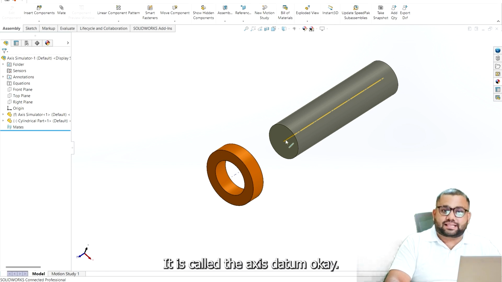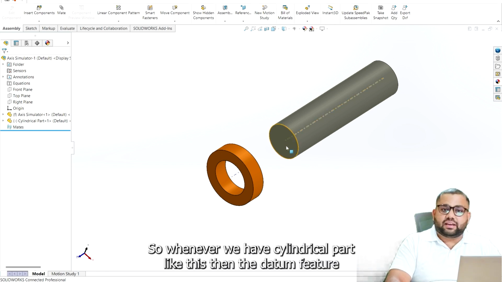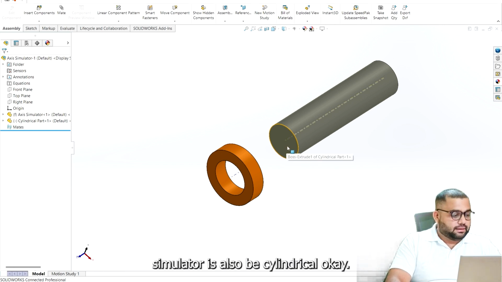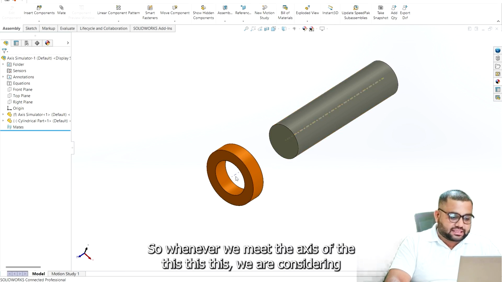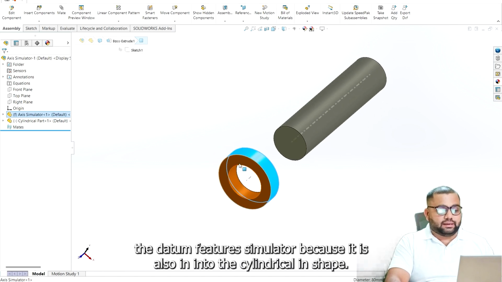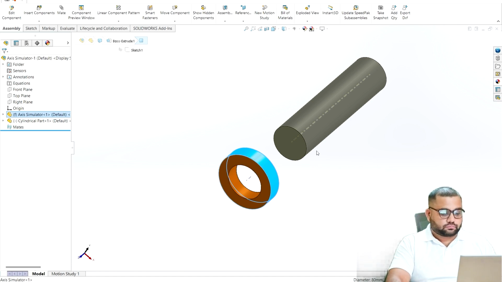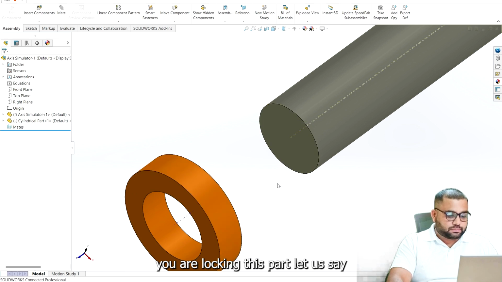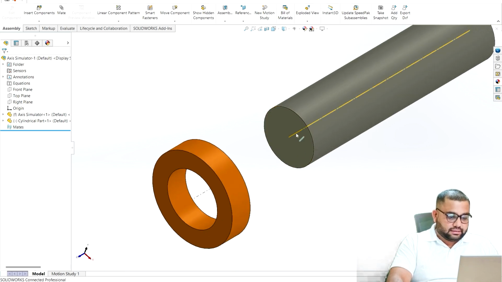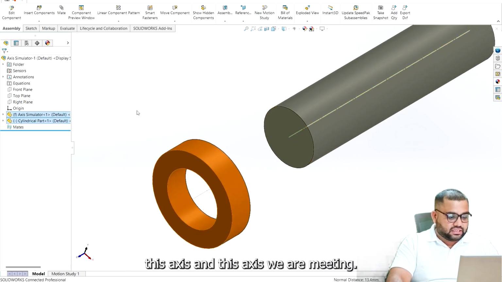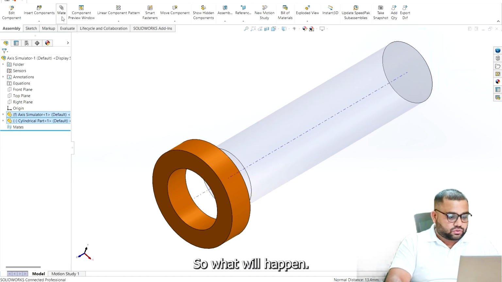It is called the axis datum. Whenever we have a cylindrical part like this, the datum feature simulator will also be cylindrical. So whenever we make the axis of this, we are considering the datum feature simulator, because it is also cylindrical in shape. What will happen if we are locking this part, let's say this axis and this axis we are meeting,